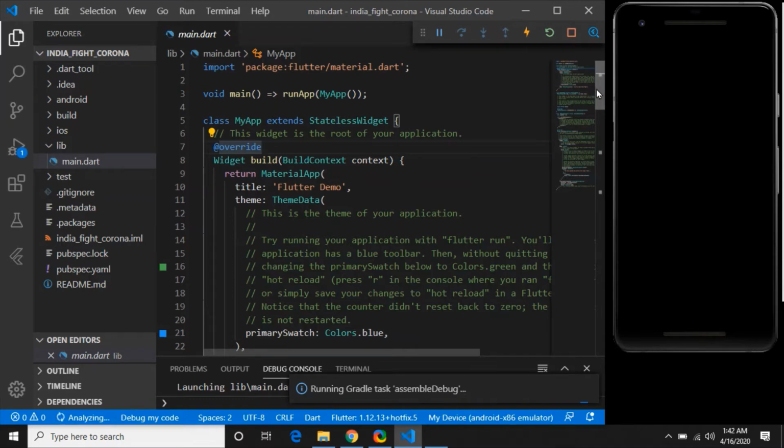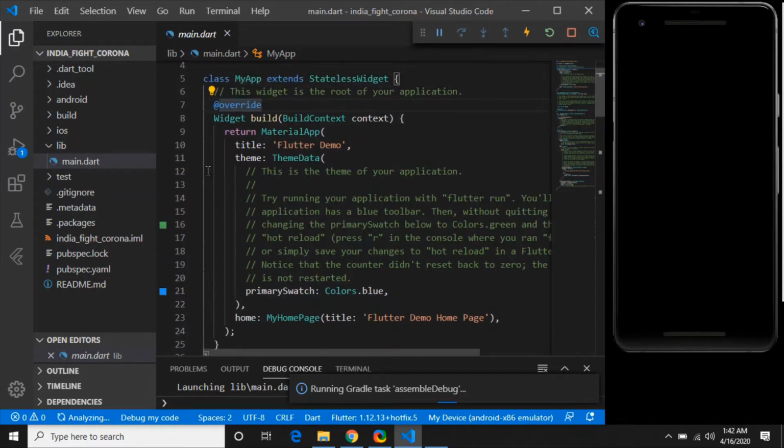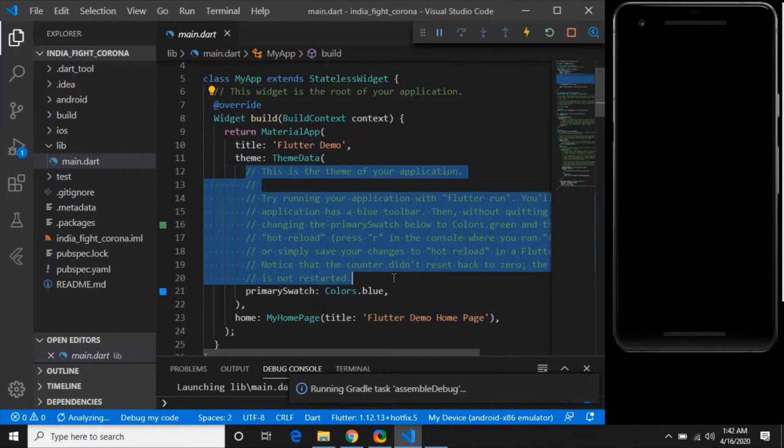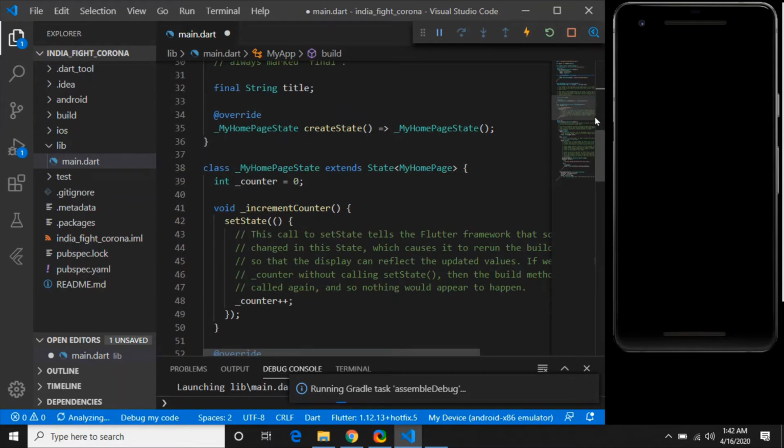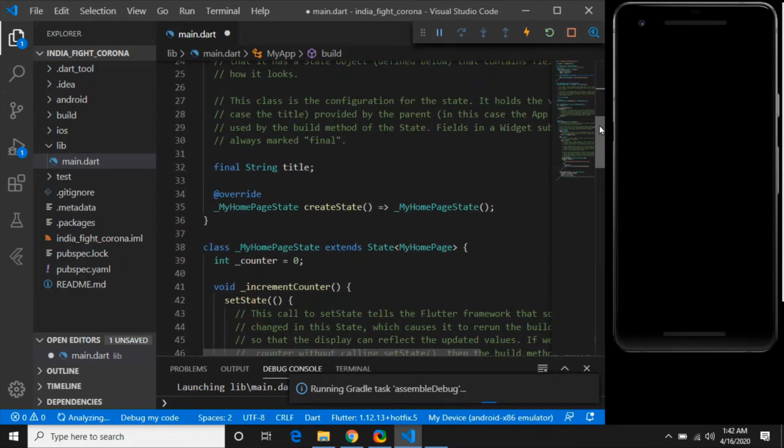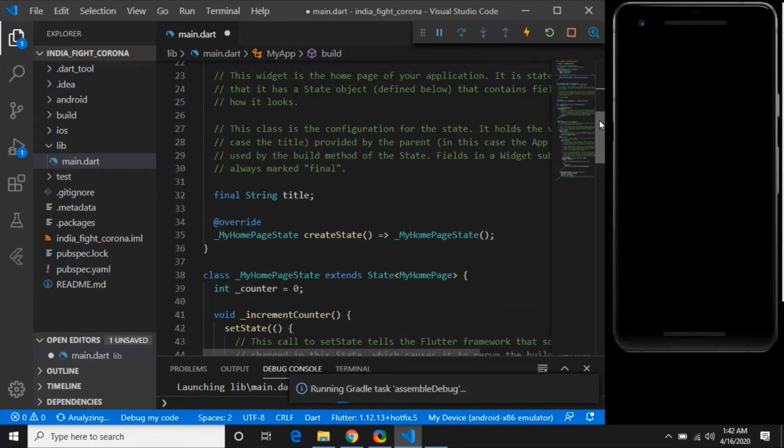Now I will uncomment everything, or I will delete all this green. These greens are comments, and how do you comment? It is by having two slashes like this. Okay, so these are the comments. Now I will tell you what things you should delete and what things we are not requiring.